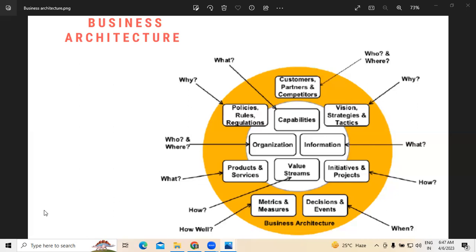So that is required. At the same time, what are the metrics and as well as measures they are taking to improve their performance of the organization? Because either it could be performance of employees, or else it could be something relating to the sales, right? So all these things comes under this metrics and measurements. Metrics means reports. For example,